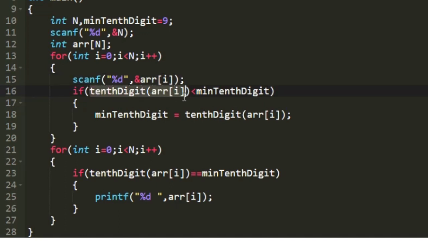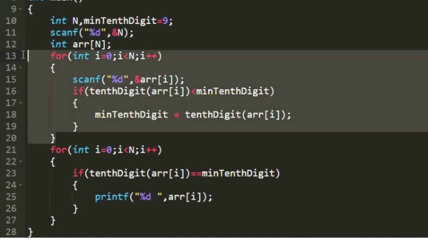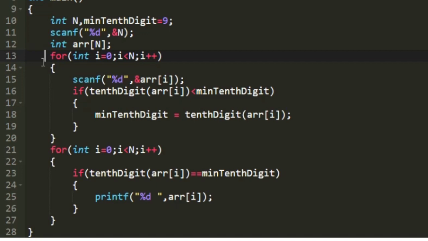So I am checking whether the tenth digit of ARR of I is less than the minimum tenth digit. So if this condition is satisfied, then I am setting minimum tenth digit as the tenth digit of ARR of I. So soon after accepting the input, we will be having the value of minimum tenth digit stored in the variable.